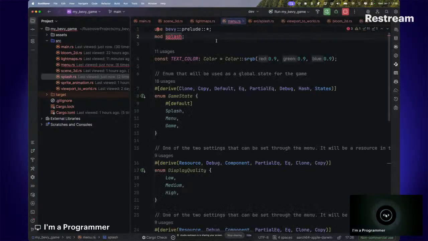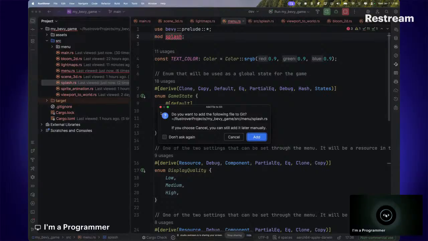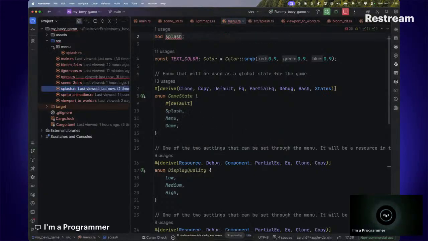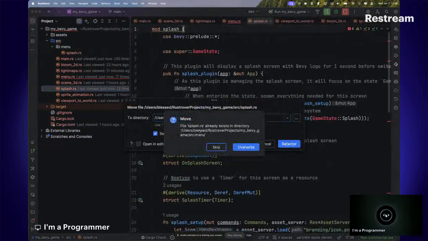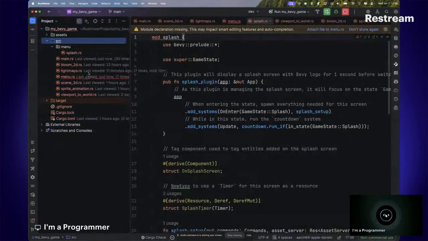Basically, let me leave it since it has created it directly for us already. I should have created it directly for this by creating a menu. You can see it here. Then pass the splash into it. So this splash should be inside here. So I'll overwrite what is inside here. So if you go back there,